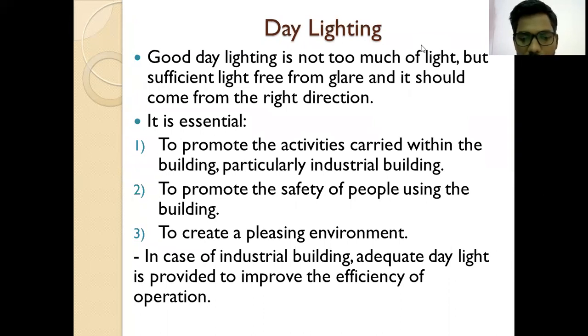In case of an industrial building, adequate daylight is provided to improve the efficiency of operation. Whatever kind of work or function you are going to perform in a particular building or structure, there should be proper daylighting. And if there is proper daylighting, then the efficiency of work will be more. Here, if we consider an example,